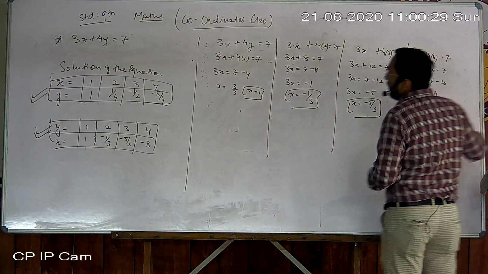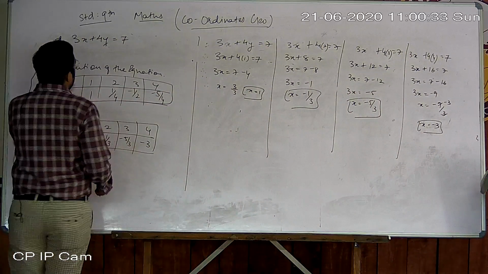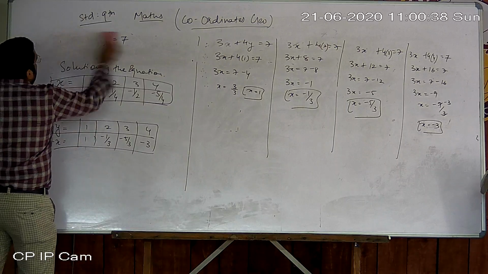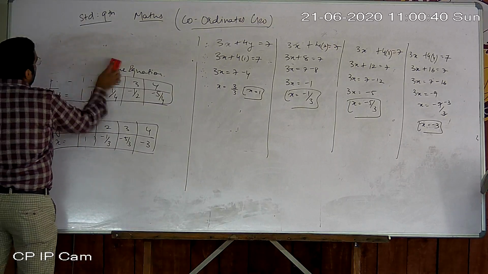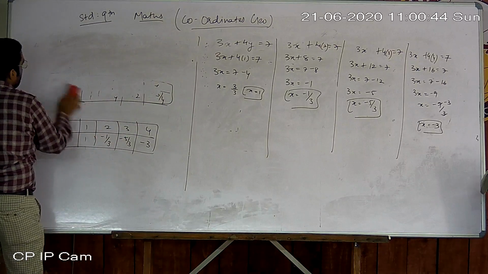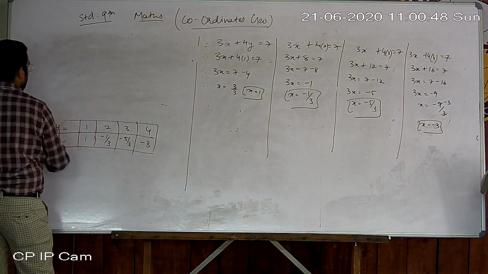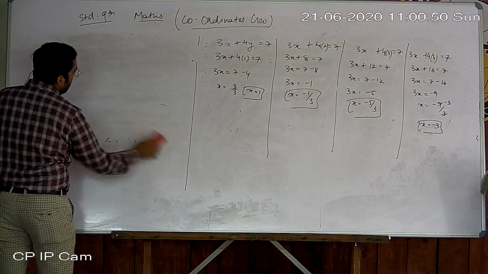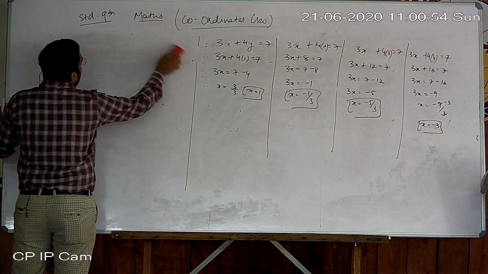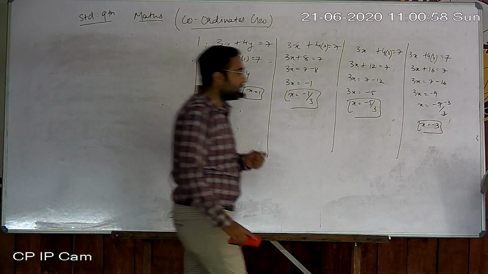I'm taking the value of x as 1, 2, 3, 4. That I'm assuming the values 1, 2, 3, 4. You can take any kind of value of x, any integer 0, 1, 2, 3, 4. Now we can solve this type of sum using a word problem.